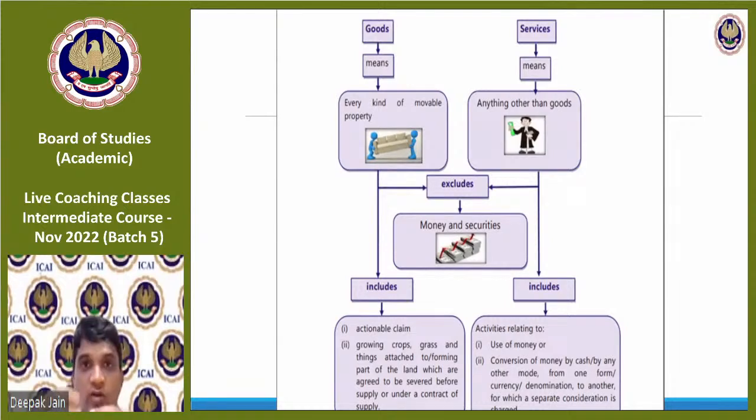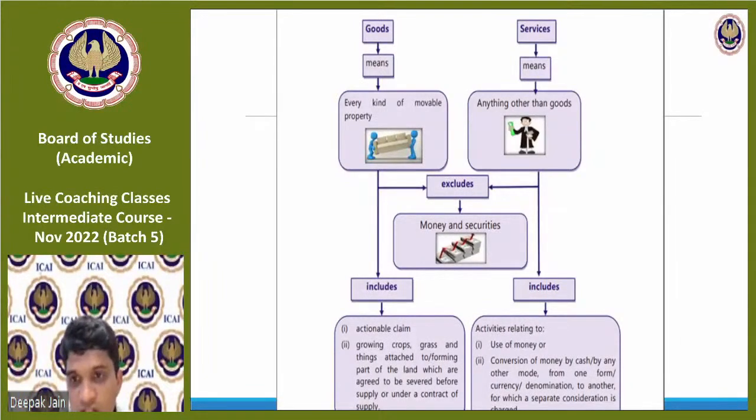Debatable. So securities, when you buy, it is not liable to GST, but security transaction tax you have when you buy a security, then the broker charges the brokerage fees. All of that is liable to GST, but securities per se is not liable. Okay, GST is not levied on share trading. Yes, GST is not levied on share trading on the value of shares, because you're buying shares and selling shares. It is not goods and not services. So securities per se is not goods or services, but the activities, the conversion charges, the brokerage charges, on all that, the brokerage fees, whatever the agent collects, on that GST is levied.